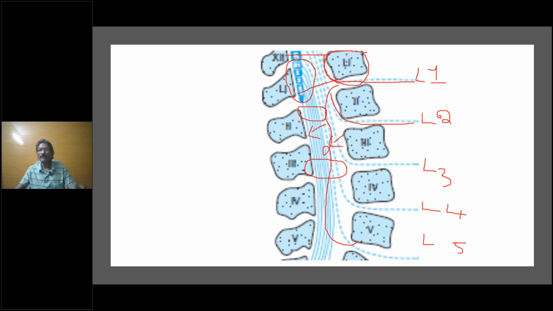So did you understand the imaging explanation for conus medullaris and cauda equina? So cauda equina is nothing but a bunch of radicles below L4. And I explained why the L1, L2 radicles don't come, because they leave the vertebral canal at a higher level itself. Okay. You are able to understand the difference between cauda and conus?